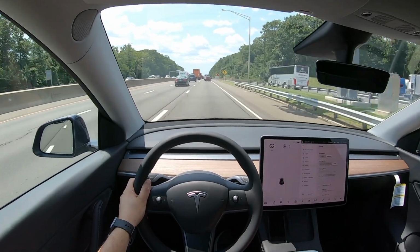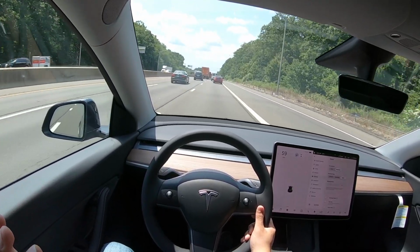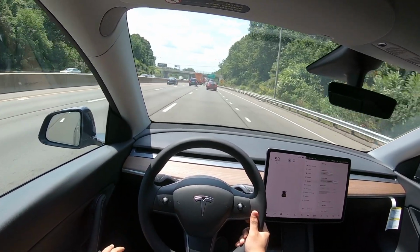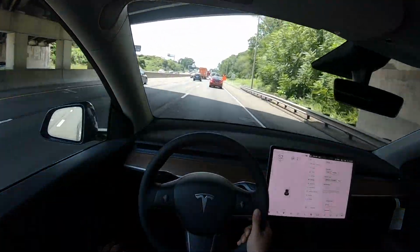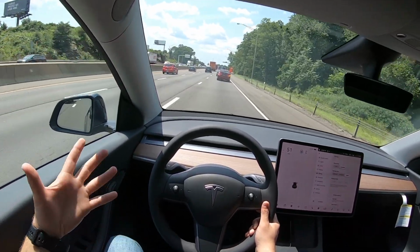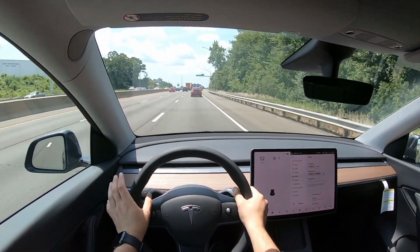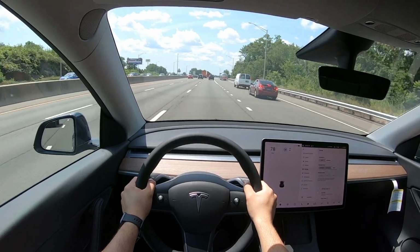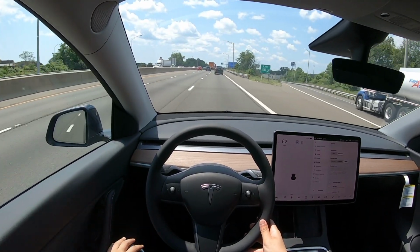It does everything, and seriously, very nice and comfortable. The seats are super comfortable, and it gets 326 miles on a full charge if you drive it very slow. And as I said, visibility is perfect, acceleration is amazing, and yeah, everything about this Model 3, Model Y is perfect. Comfortable, quick,